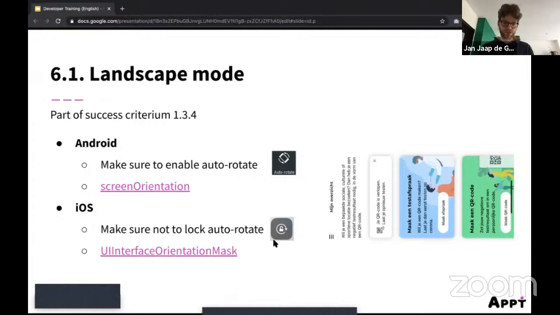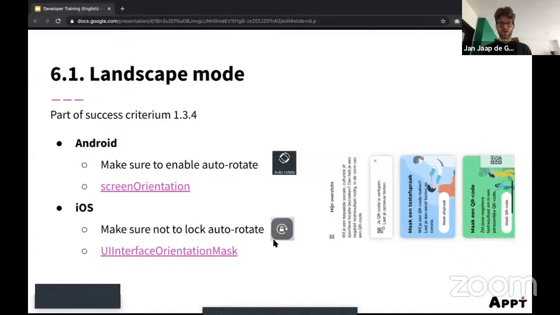There are some exceptions. For example, maybe if you scan a QR code, it makes sense to lock screen orientation to portrait mode, and your app can still be accessible because it's easier for people. But most of the time, your app needs to support landscape mode. For example, a banking app, or the DigiD app, doesn't support landscape mode. But soon,